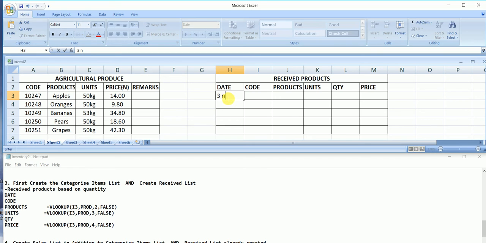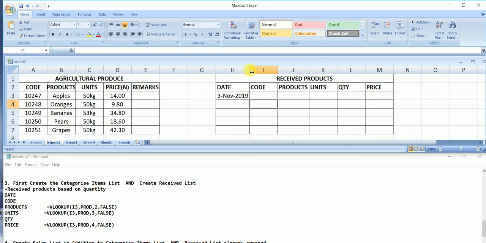3rd November 2019. I click outside, the system will automatically format it in the way that I've already chosen. So now here I'm going to specify the code number. So I'll type 10247. So item 10247 was received,